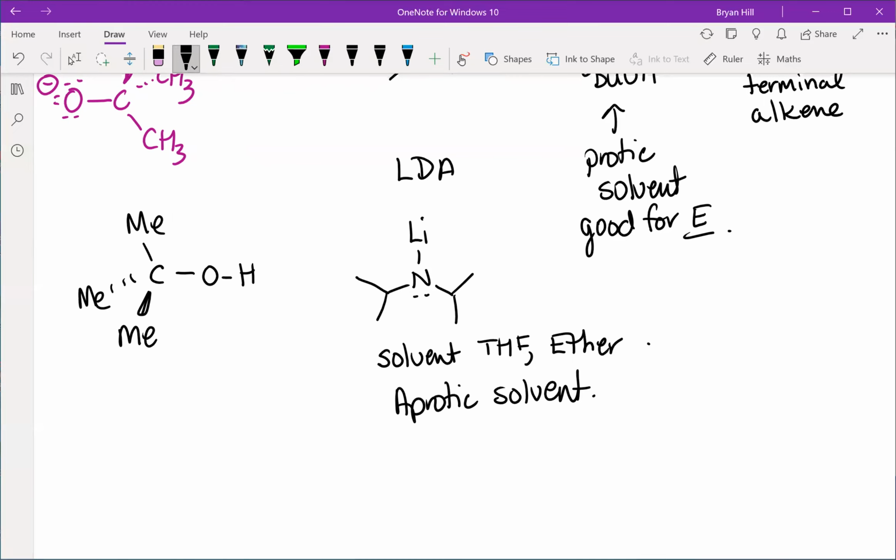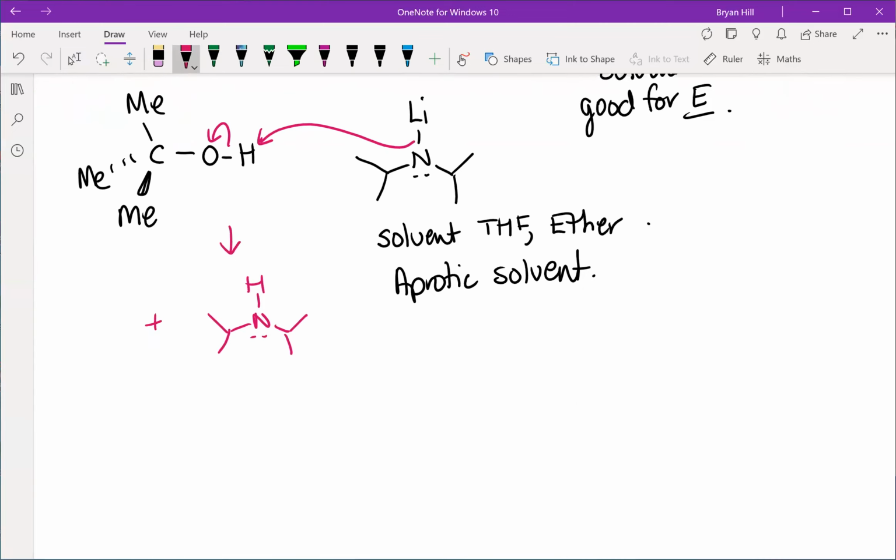The first thing that is going to happen is that the negative charge on the nitrogen is going to grab the most acidic proton, and in this case, you'd make tert-butoxide. But if you were using methanol or water, then you would make hydroxide or methoxide, right? So you're always going to use an aprotic solvent with something like LDA, or the other one,